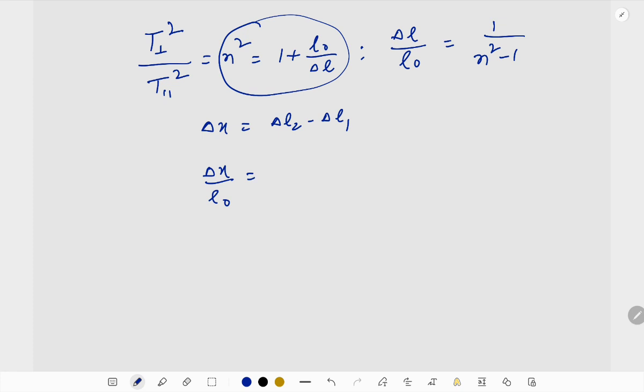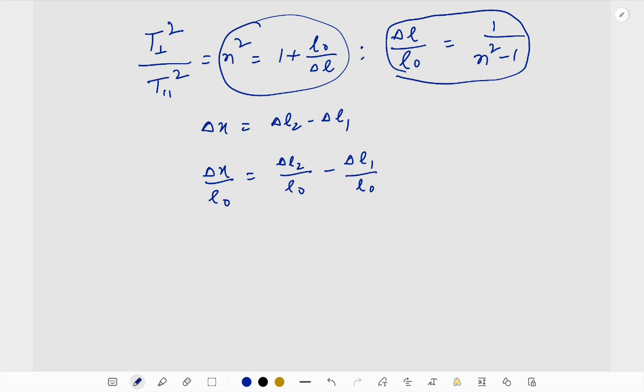That will be equal to ΔL2 by L₀ minus ΔL1 by L₀. ΔL by L₀ is 1 by n² minus 1, and in the second case, when ΔL2 was involved, the ratio was n2, so I can write here 1 by n2² minus 1, minus ΔL1 by L₀ as 1 by n1² minus 1,